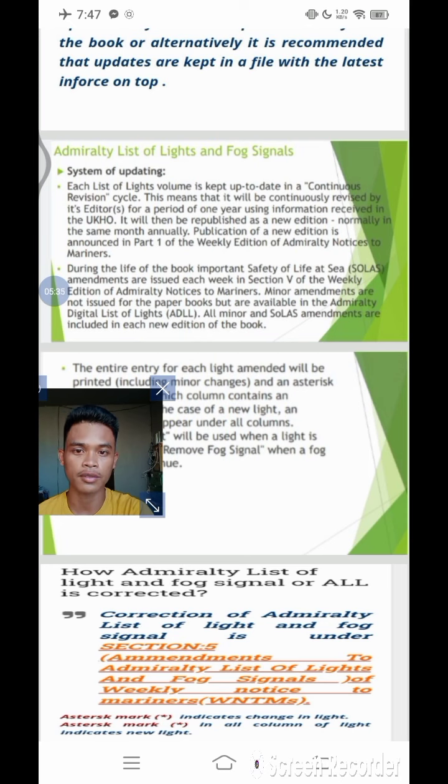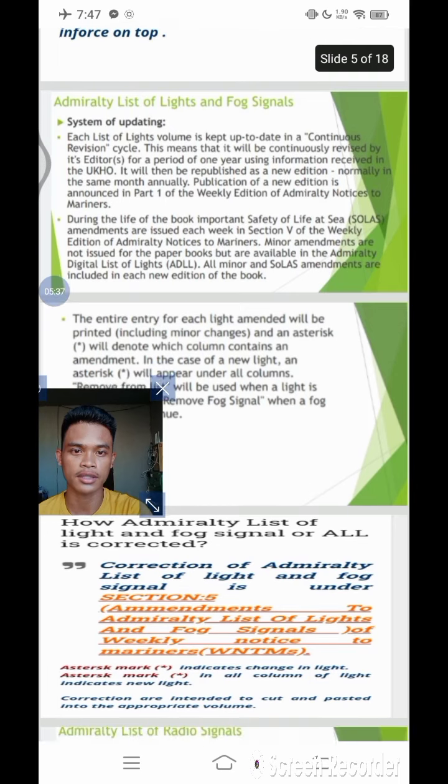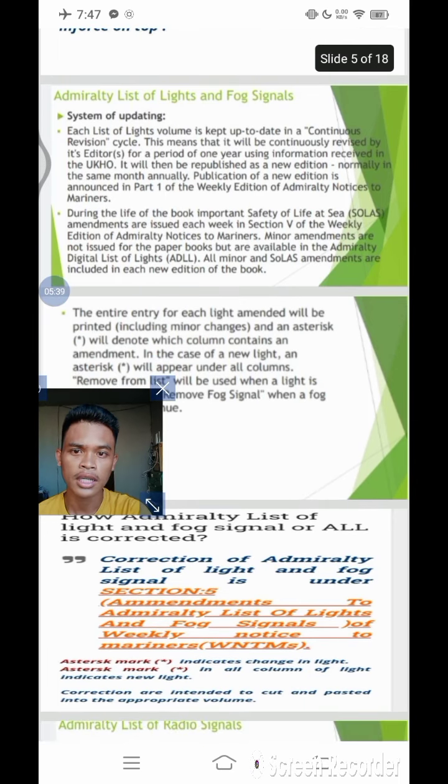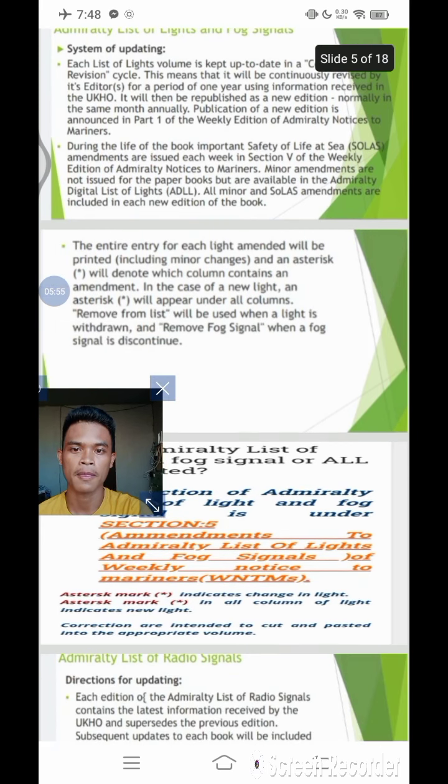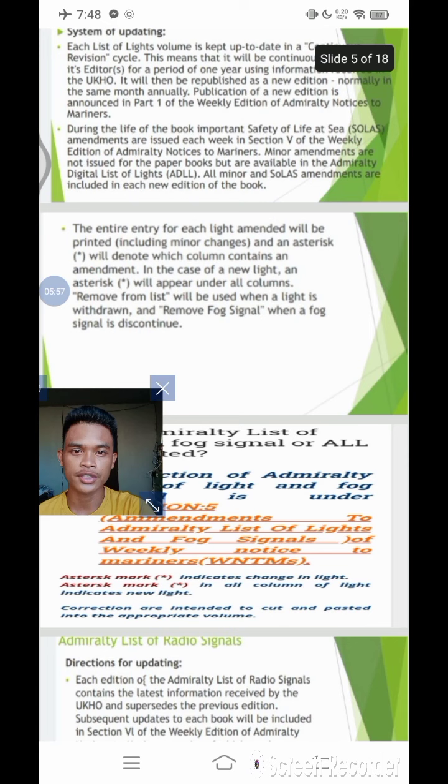During the life of the book, important Safety of Life at Sea, or SOLAS, amendments are issued each week in Section 5 of the weekly edition of Admiralty Notice to Mariners. Minor amendments are in the Admiralty Digital List of Lights, or ADLL. All minor and SOLAS amendments are included in each new edition of the book. The entire entry for each light amended will be printed, including minor changes, and